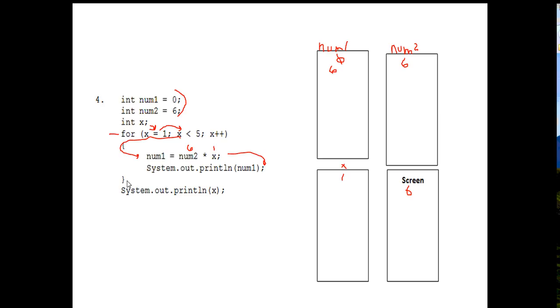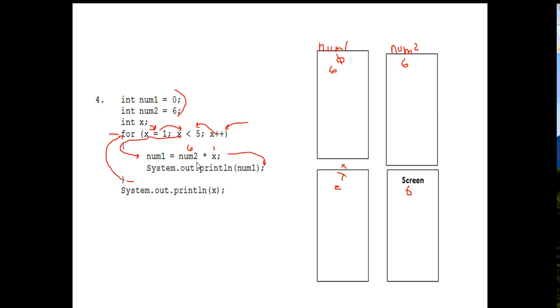The next line down is the end of the for loop, so we go back to the for statement. We come in from the back end now because we've already been through it once. Now forever we're going to go into the back end. We increment x and it becomes 2. Then we go over to the middle because you always have to go to the middle before you go into the loop. And 2 is less than 5, so we jump back into the for loop and we take num1